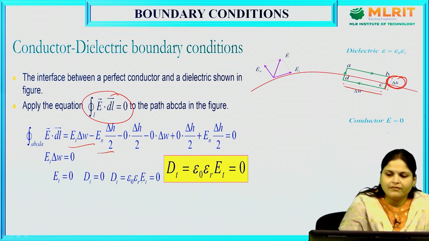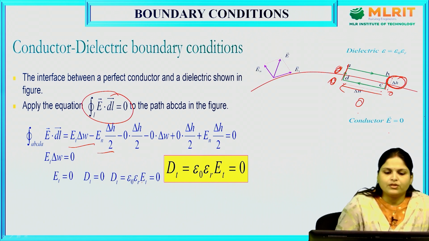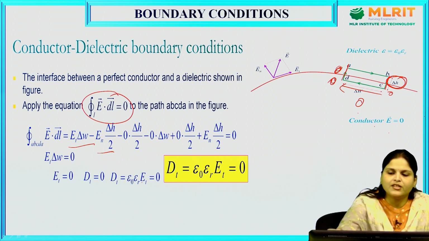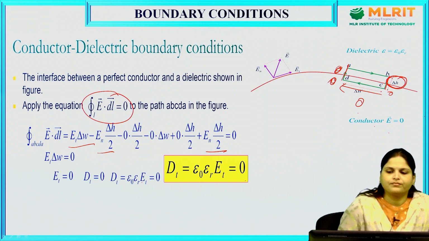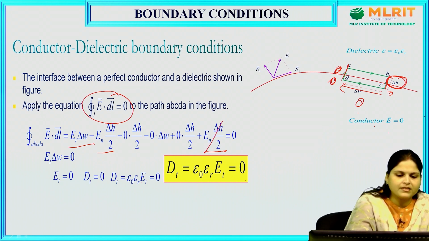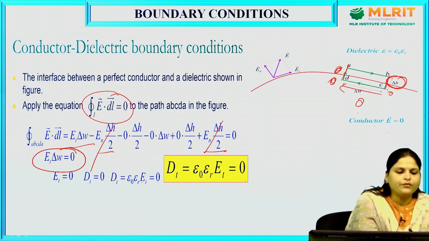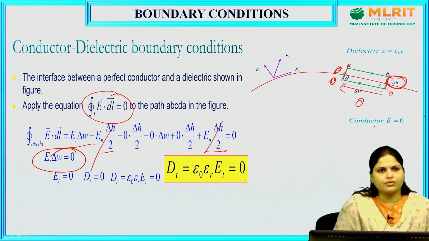Then here again when we move, this will also become 0, this will become 0. Again we move here, this half portion will become 0. We can directly consider this, so this will be taken as En del h by 2, this term, right? So this all is equal to 0. So finally what we are getting is, some components will get cancelled, this will be cancelled, this will be cancelled. So we are left with only one component, which is Et del W